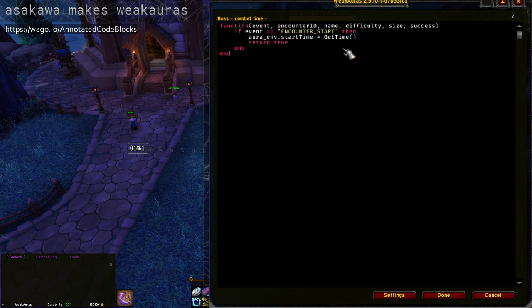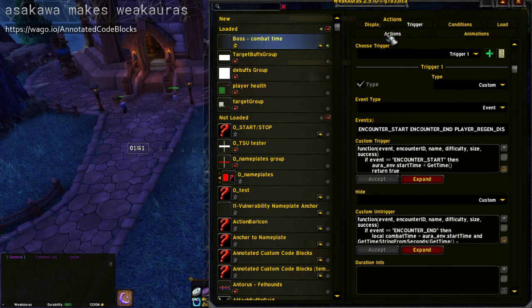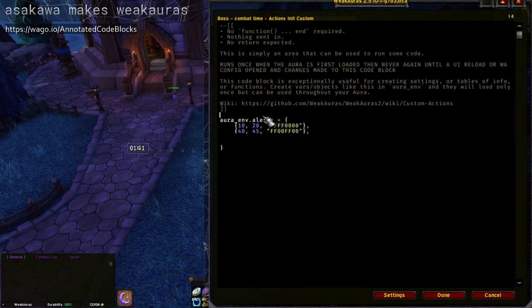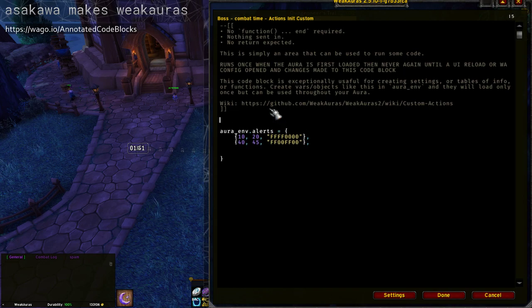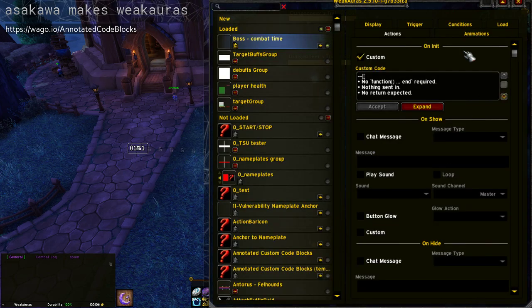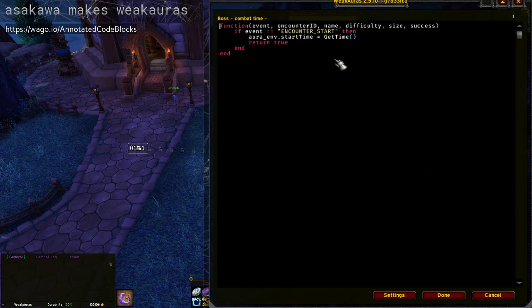So now, say we also make a setting. So aura env bosses only would be true or false. Right now we'll set it to false. So then in the trigger we can say